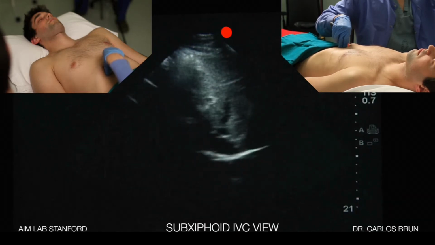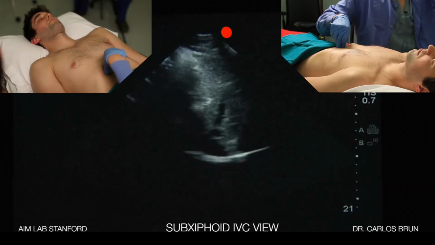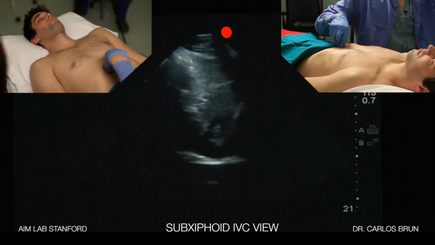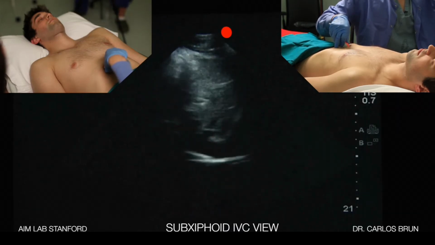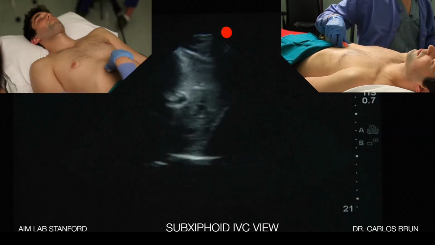But now that we're able to look at it, what we want to do is essentially measure the diameter of the IVC. And we do this when he's breathing. And you can do this in a mechanically ventilated or spontaneously breathing patient. So our image is not terribly clear. We're going to go back